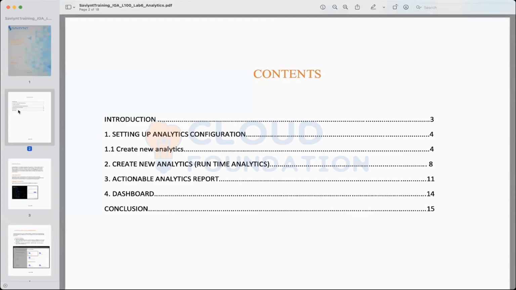For that, other IDM tools such as Oracle Identity Manager have a very complicated way of generating reports. As we discussed in our last discussion, we talked about how easy workflows were to configure.